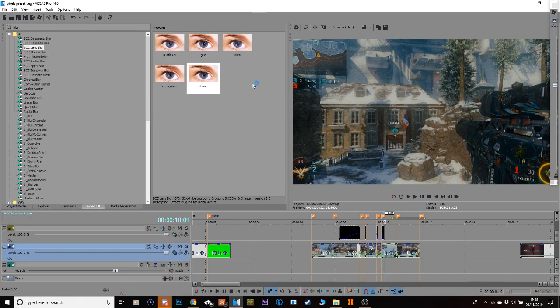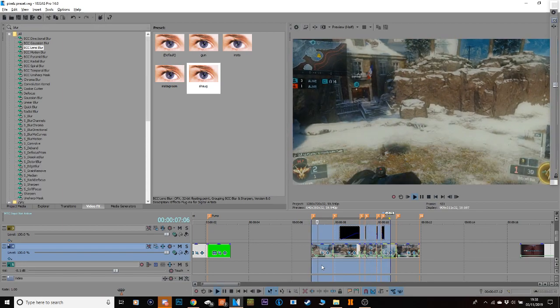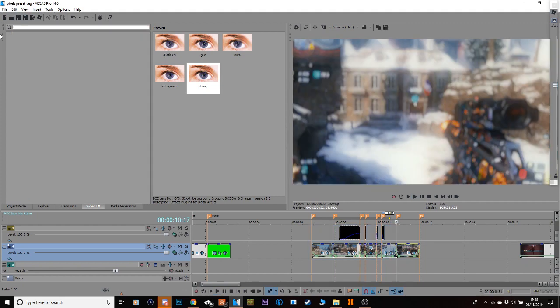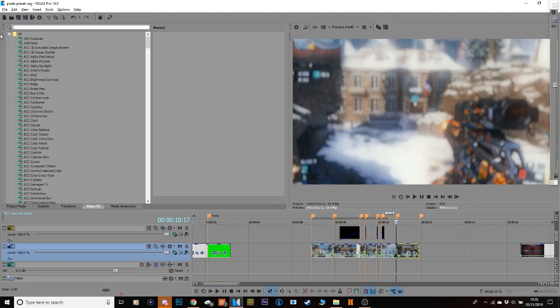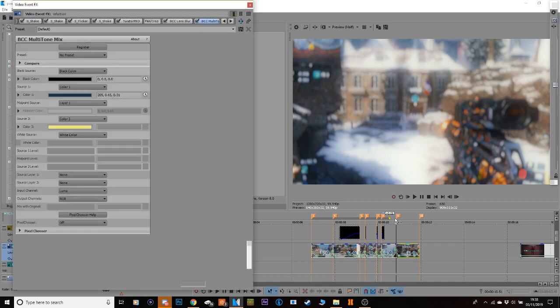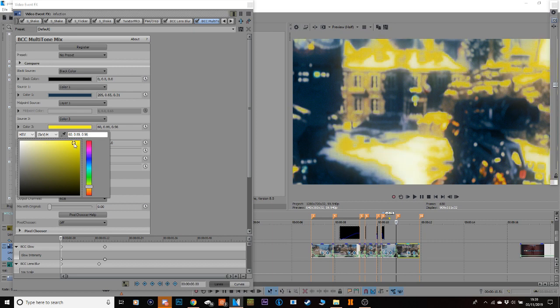Always remember to save your project as well. Right. And what I might add on this final beat before I do the kill cam is something called multi-tone mix, and I'm going to add the default preset for now, and then I'll edit it. So as you can see, the song sort of symbolizes happiness and colourfulness and everything like that. So I want these colours to be quite colourful and bright. So I'm going to change this yellow to like a bluey sort of,